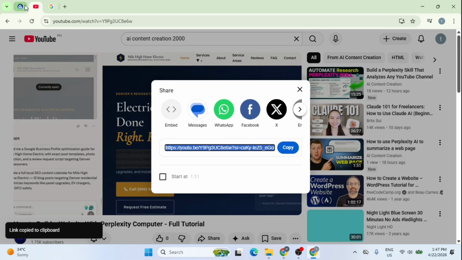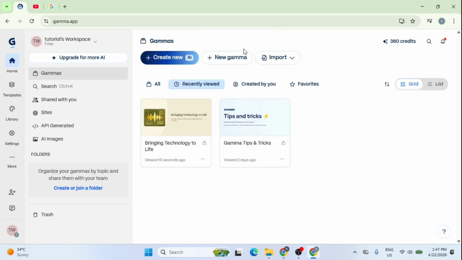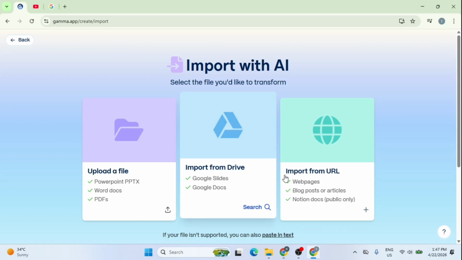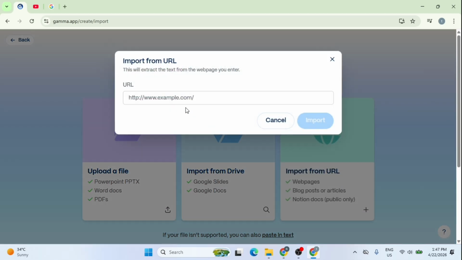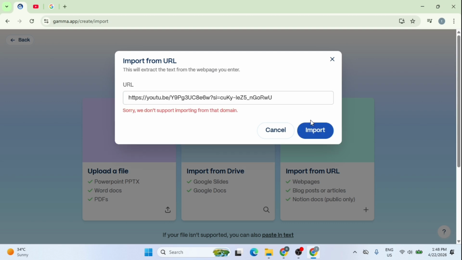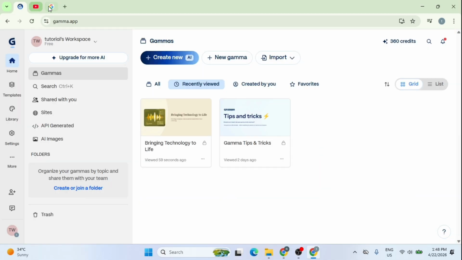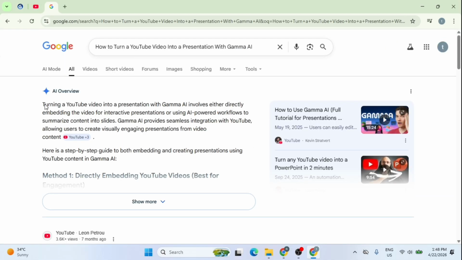Now, back on the Gamma dashboard, I'll click on Create New with AI and select the option to import a file or URL. I'll click on Import from URL, paste the link, and hit the Import button. You'll notice an error message saying this domain isn't supported for direct import. To find a solution, I'll do a quick search and see that embedding the video is the recommended method for